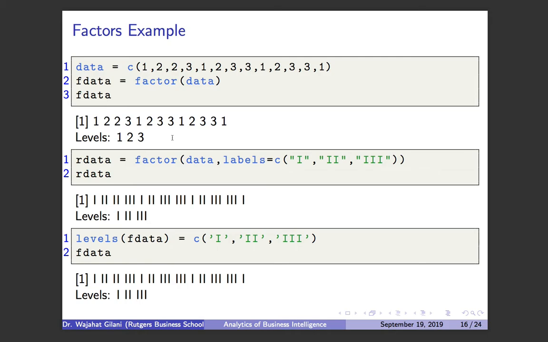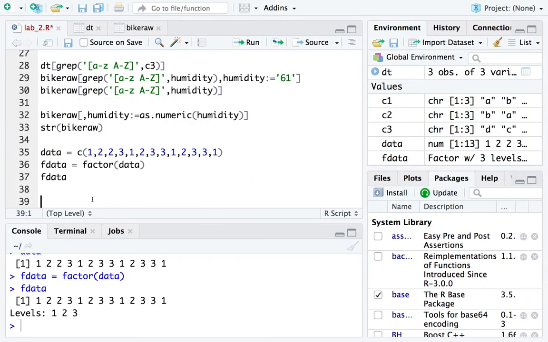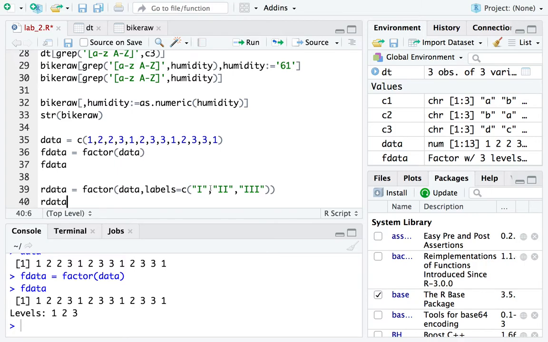All right, so in this step right here, I create another one called rdata, and I'm using the factor function, but now I'm getting slightly fancy. I'm using a second parameter called labels to change the way the values are seen when we call them. In my slides, I do 1, 2, and 3. I'm going to be more fancy. I'm going to say